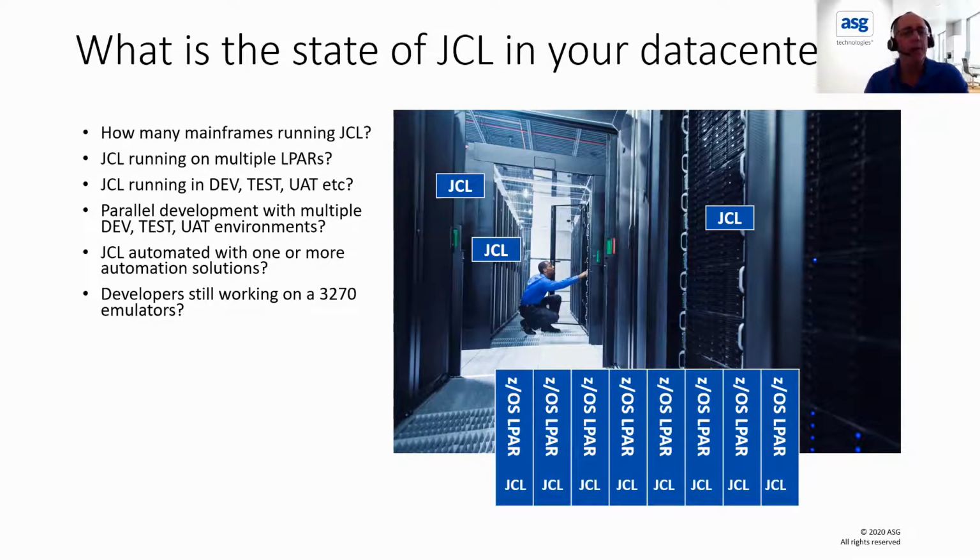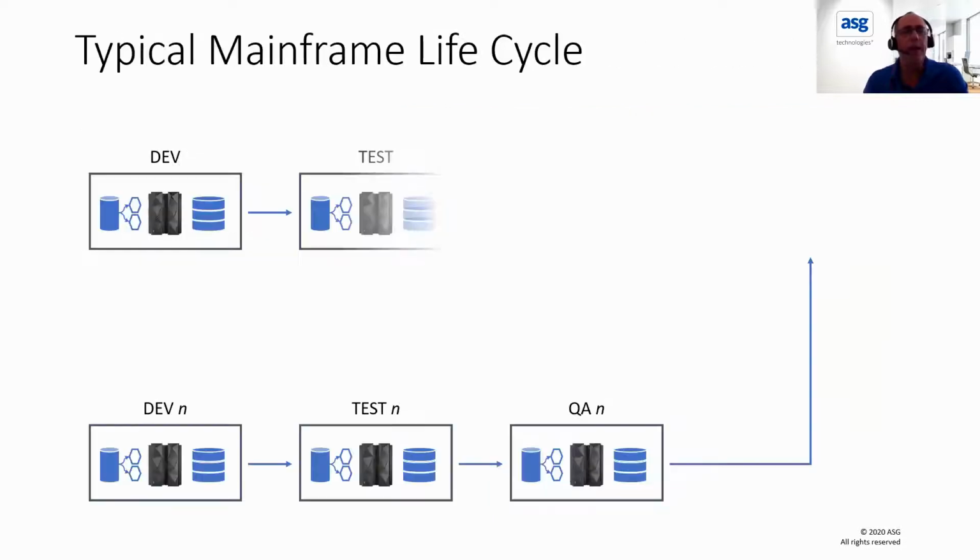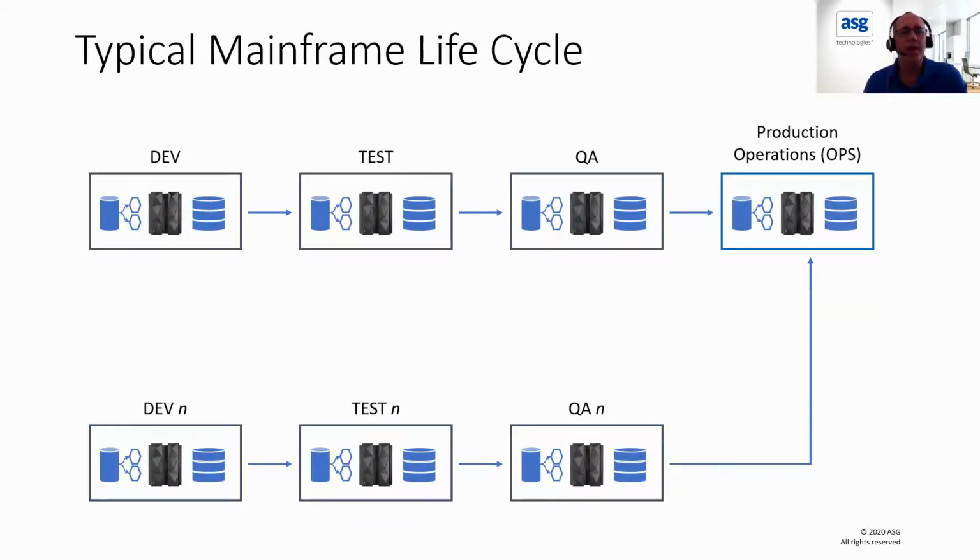And developers today are still working on that 3270 emulator, right? First of all, when you're looking at those green screens, they get tiring. So moving the JCL from the development, test, QA, and production environments, you see that the JCL can move from environment to environment. You could have multiple development environments, multiple test environments, and when the JCL and the procs and things are moving from these environments,